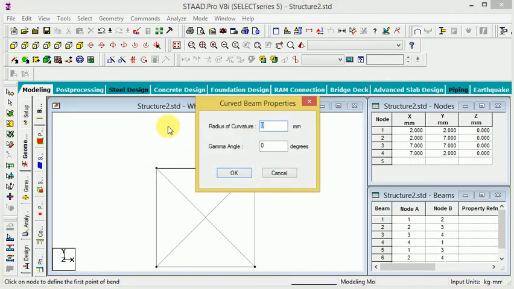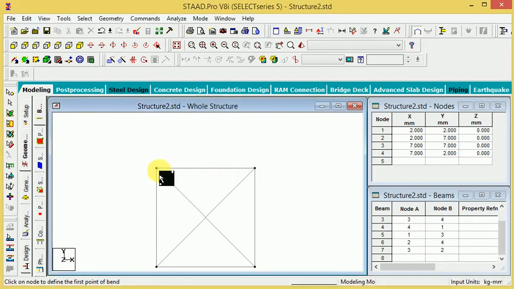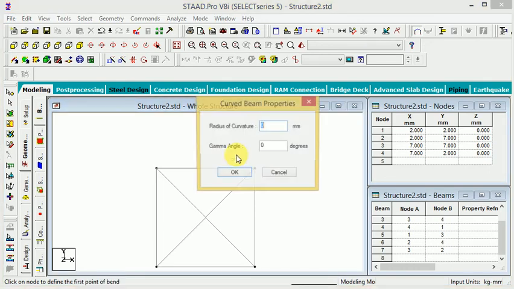Here give the option for how much radial. 0 angle is gamma, but for radial provide the 2.5 distance and OK. And when you click the 90 degree, if you change the curvature, it is 2.5 mm.